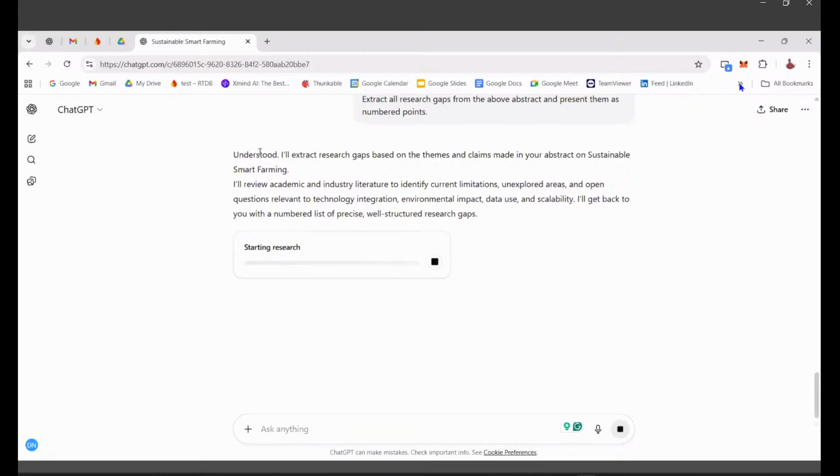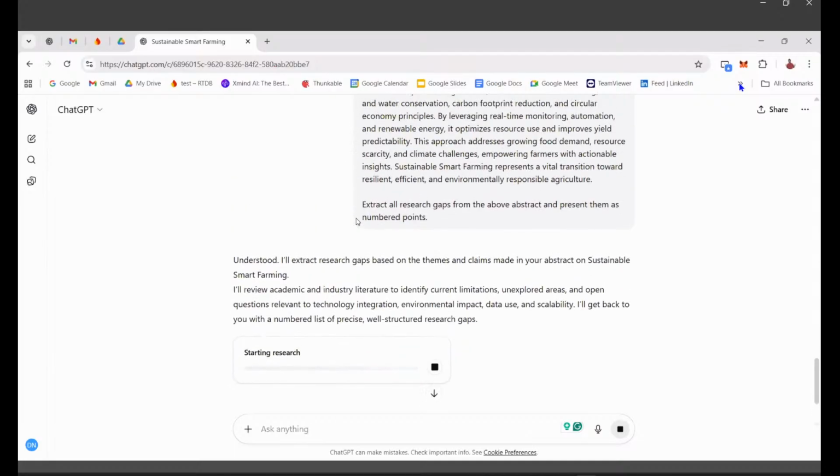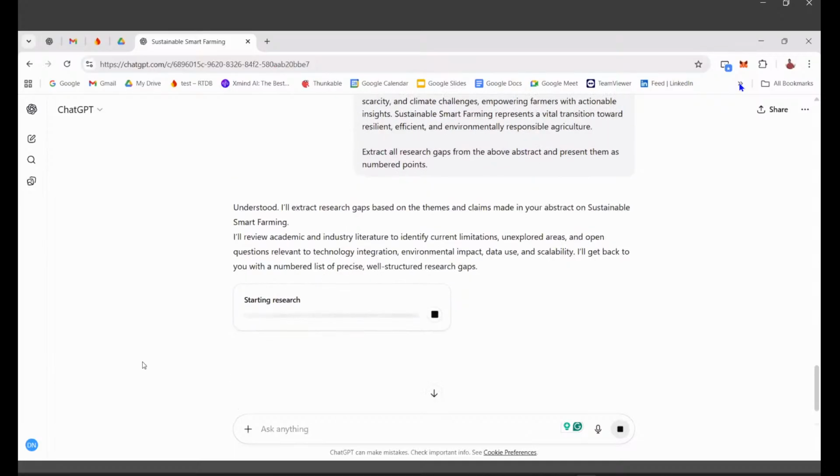It goes to each and every website and figures out what our abstract actually is, what we are trying to solve, and what the main possibilities are that we can go ahead with. Everything it will do. In this way, we can get our output for sure. It will take at least 5 to 6 minutes, but it gives a better output. Let it go on. We will move to the next topic and figure out something else.